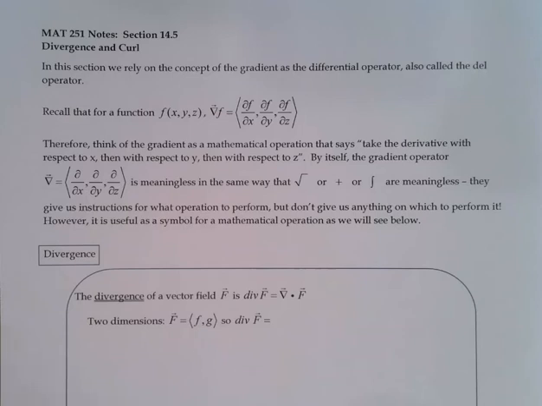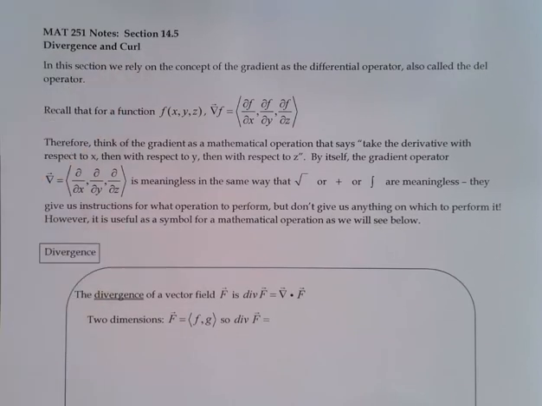This is Math 251, section 14.5, and we'll talk about two concepts, divergence and curl. We kind of teased these concepts a little bit in the last section. We've already looked a little bit at where divergence and curl occur in Green's theorem. But I'd like to back off a little bit and talk about them more formally, as well as how we might interpret them, and maybe it'll make Green's theorem make a little more sense to us